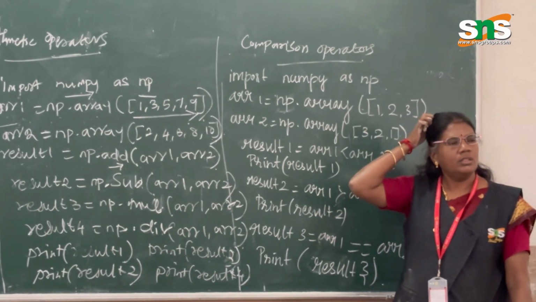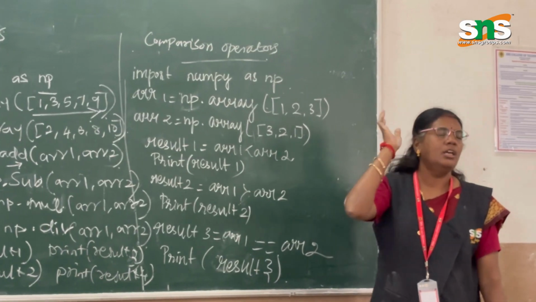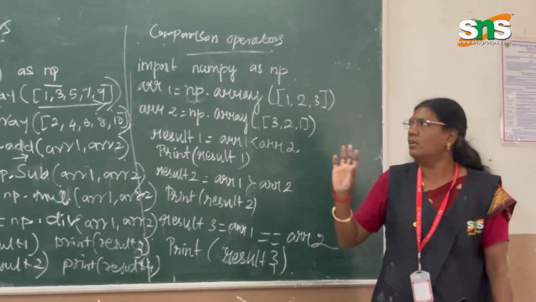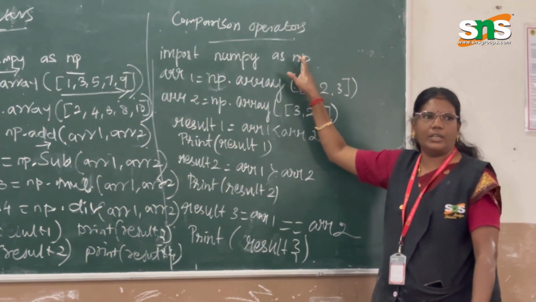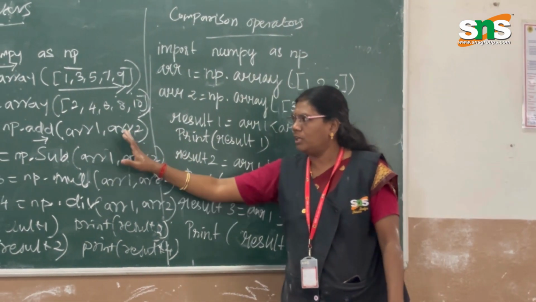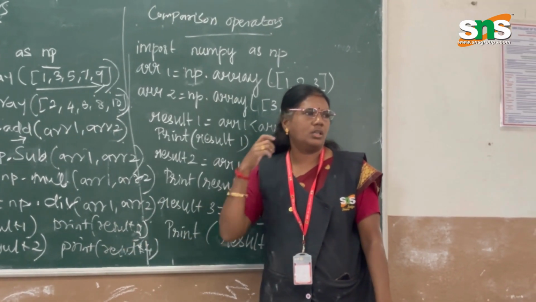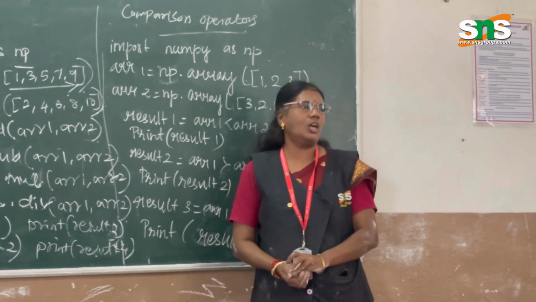Comparison operator. These are the array functions in NumPy built-in libraries. Array functions. Okay. Second one is a comparison operator. What will be the output of array 1, array 2, array 3, array 4? What will be the output? Result 1, result 2, result 3. In our output,